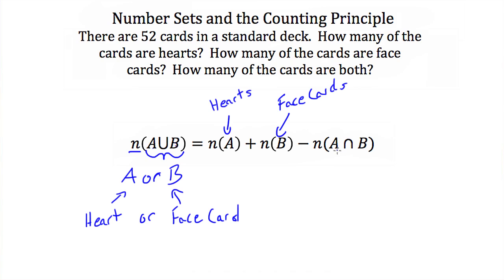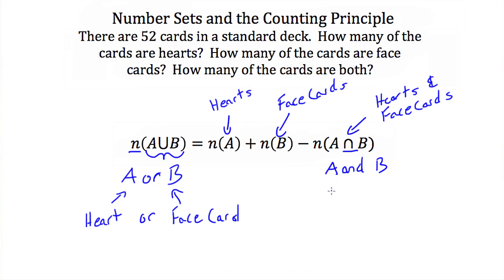And then this number of A, and this is called the intersection of B. But you can think of this as A and B if you want. This is the number of cards that would be hearts and face cards